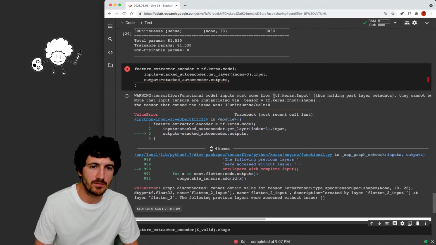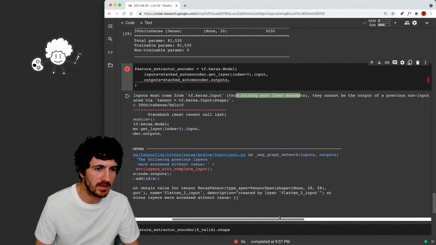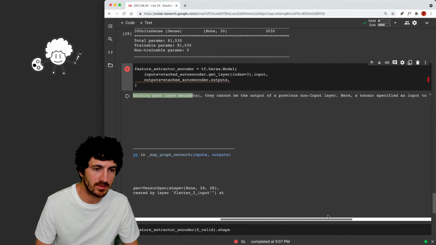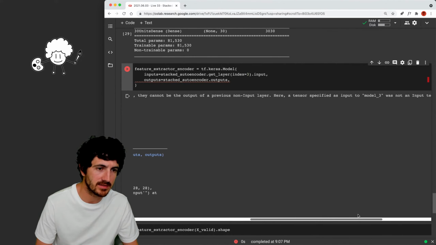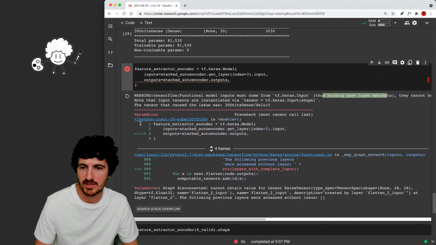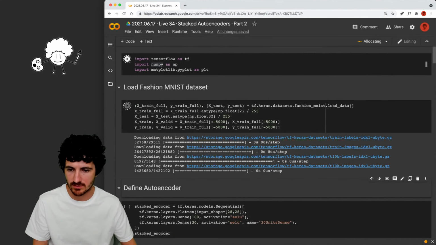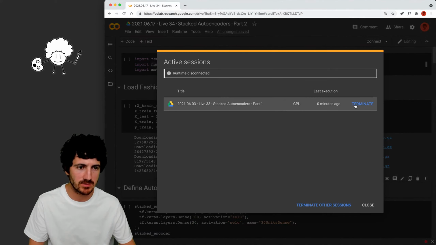Model inputs must come from Keras input, thus holding pass layer metadata. They cannot be the output of a prior known input layer. Here, a tensor specified as input to model 3 was not an input tensor, it was generated by layer 30 unit dense. So we're going to have to re-execute some of the cells, manage sessions, so we're going to terminate